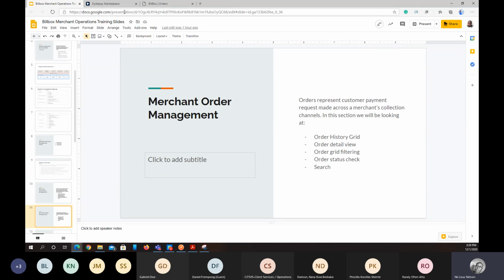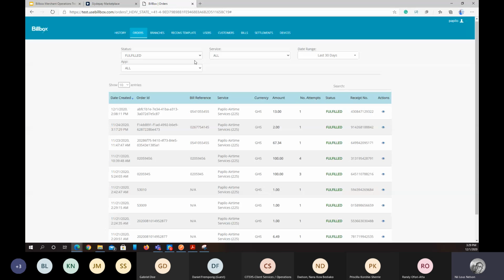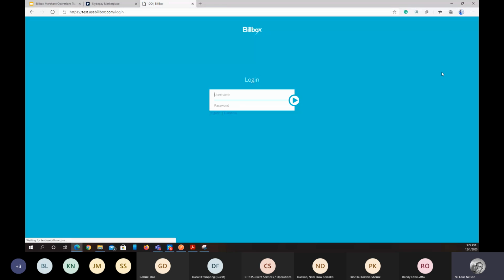do a little bit of a simulation of how a customer would go through a payment flow, and then what you as a merchant would basically see once the payment is happening, right? So I would be switching to a different merchant to do this particular demo. So I'm signing out of this particular merchant, right? And I'll be logging into the account of Pinocchio,